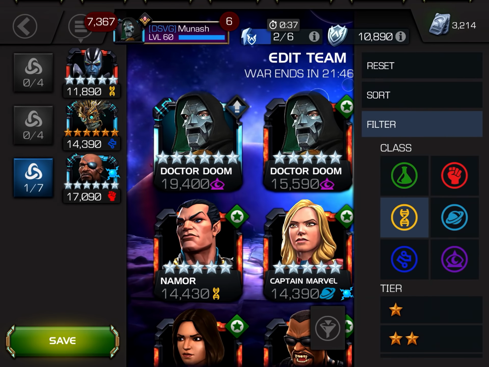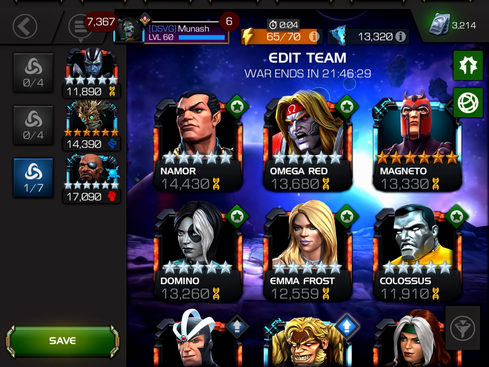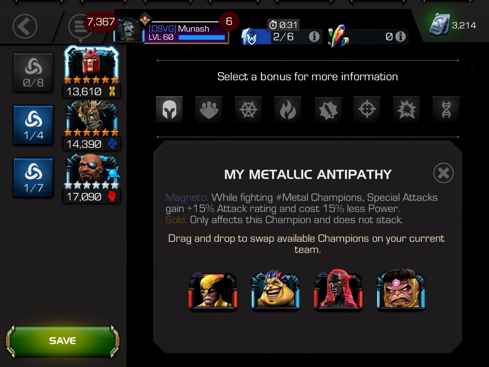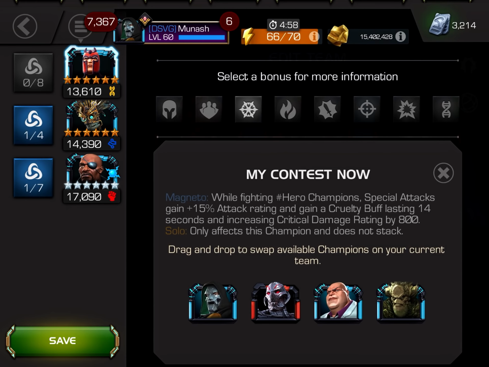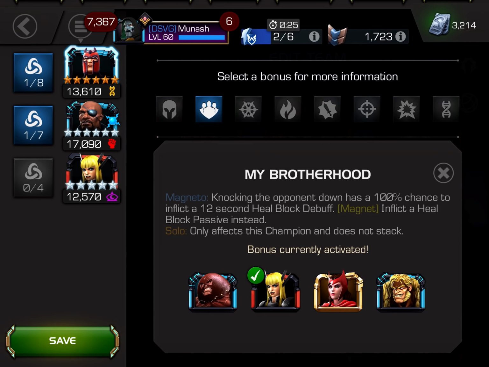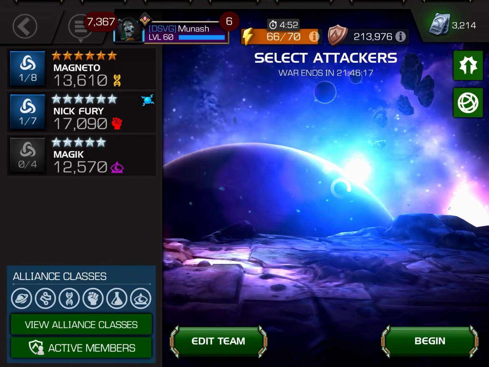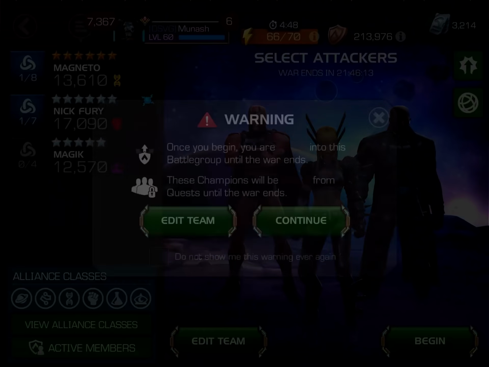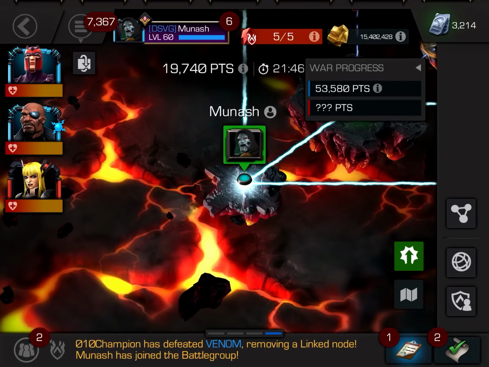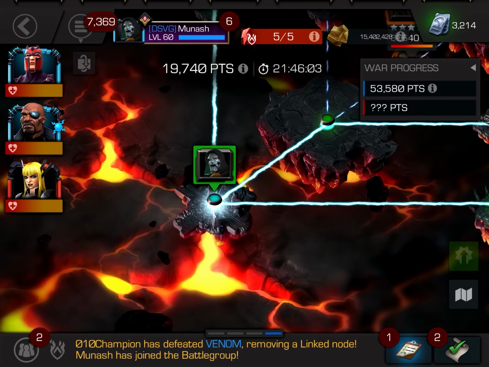So now we're in the 4th war of Season 23, and today I'm going with Nick Fury, Magneto, and right now I am looking for her through Magneto synergies, although I didn't actually bring her for the Magneto synergy, and Magik, who I used for all the fights in Section 2 on Part 5. She actually was the MVP for me in this war. So yeah, let's get on to Part 5, and today I'm going to start off with the Mole Man with